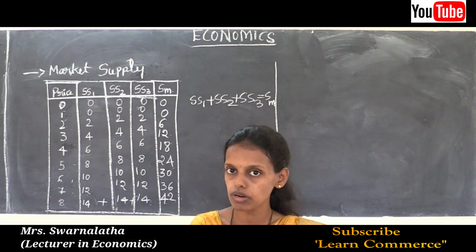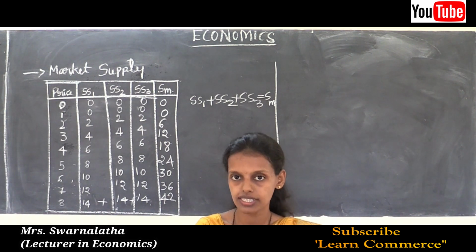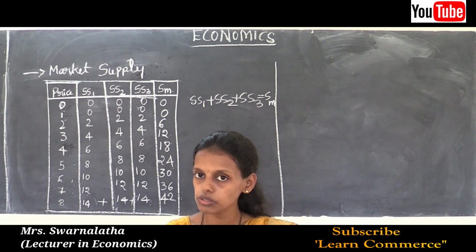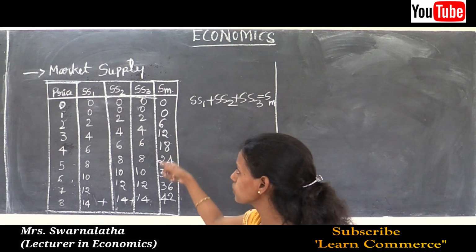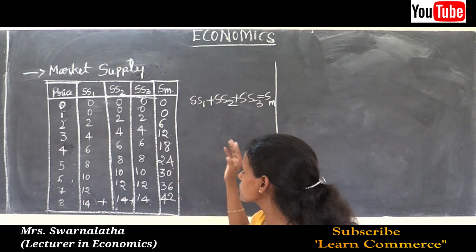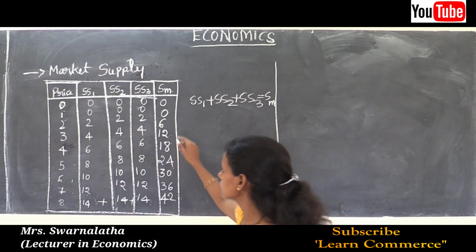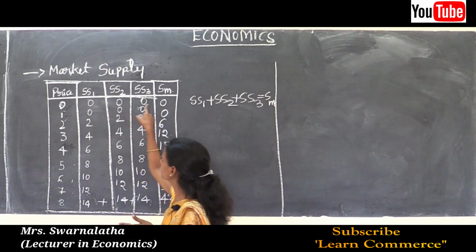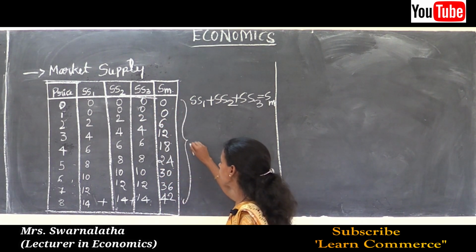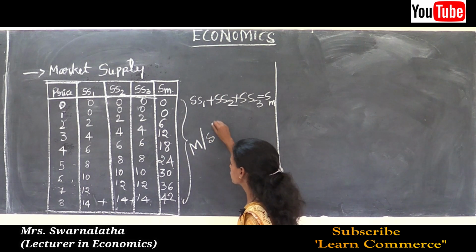So like this you can see the market supply with the different firms. Suppose a fixed number of firms is there, you are adding only the fixed number of firms. With identical firms, you are only going to assume the cost and price and add the supply schedules, and lastly you substitute all the values together, and the horizontal summation forms the market supply curve.